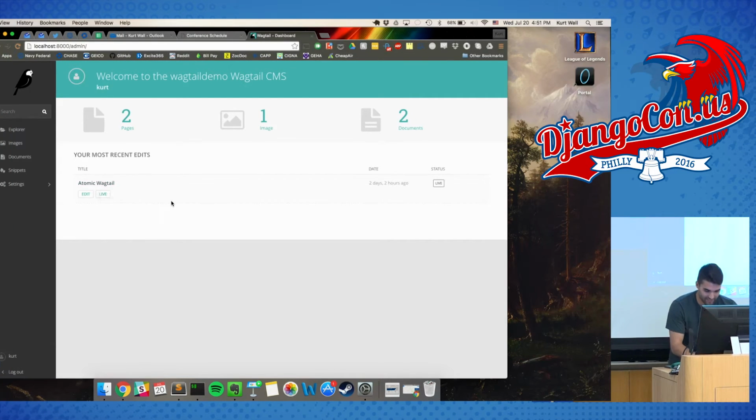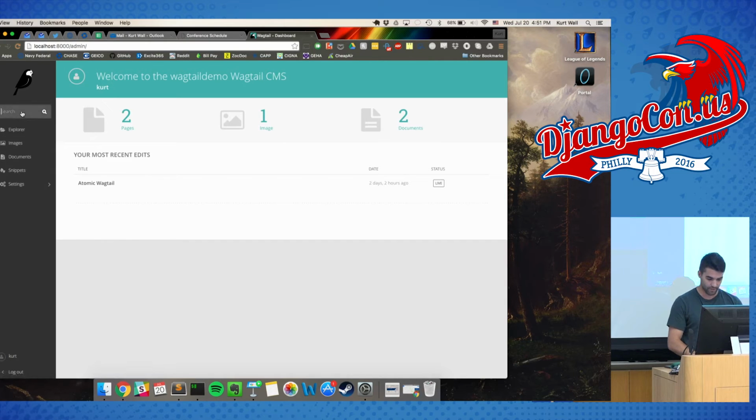So here, this is the Wagtail admin, and you can already kind of tell that this is something that's derivative from other CMSs that you've seen, but to me, it looks a lot better. It looks a lot more streamlined. And here are some other features that I couldn't talk about, like images and documents, where you could go to look and search for these things.